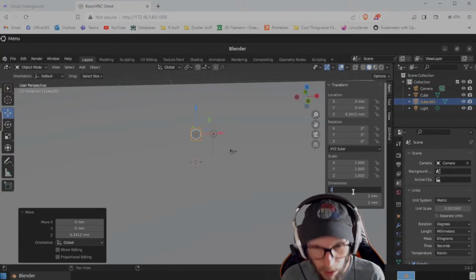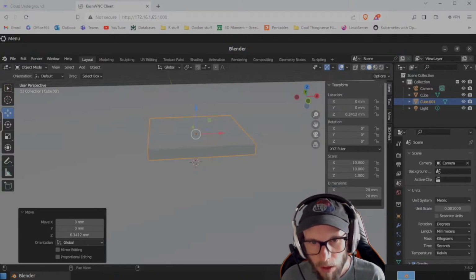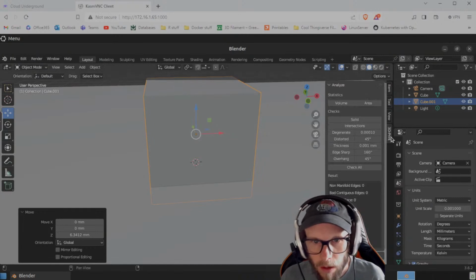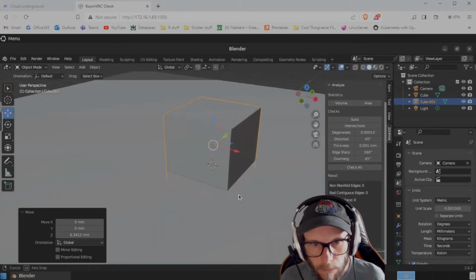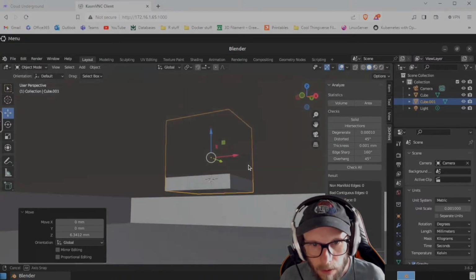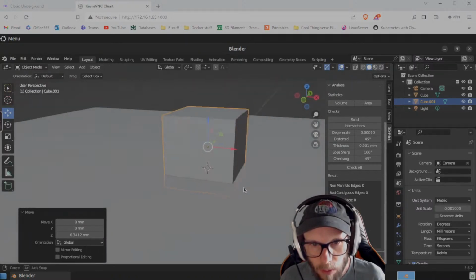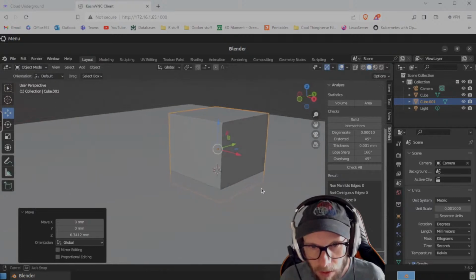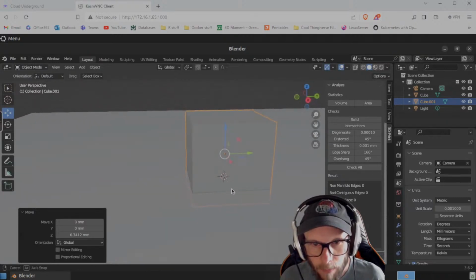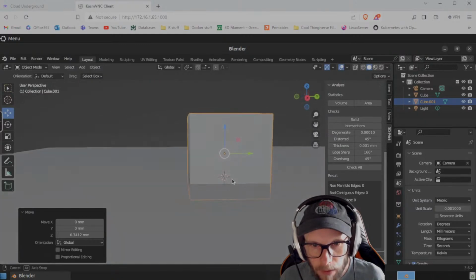We'll just do it here at the scale, the dimensions. Make it 20 by 20. So generally, like I said, I'm looking for non-manifold stuff, but